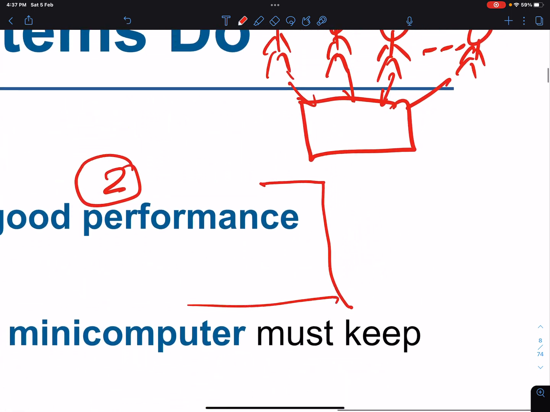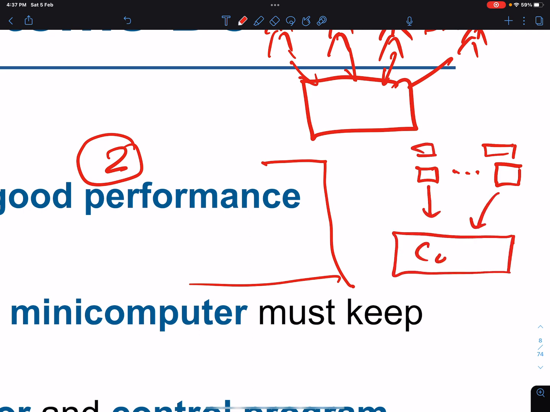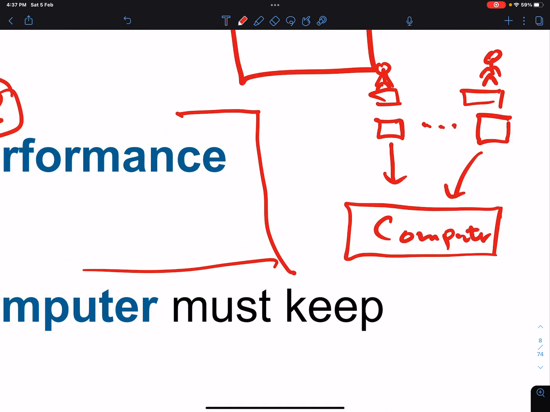Every one of them has its own terminal. So they have the monitor, they have the keyboard, each and every one of them, but all those are connected to one central big computer. What does it mean? It means that all of them are using the same CPU, right?